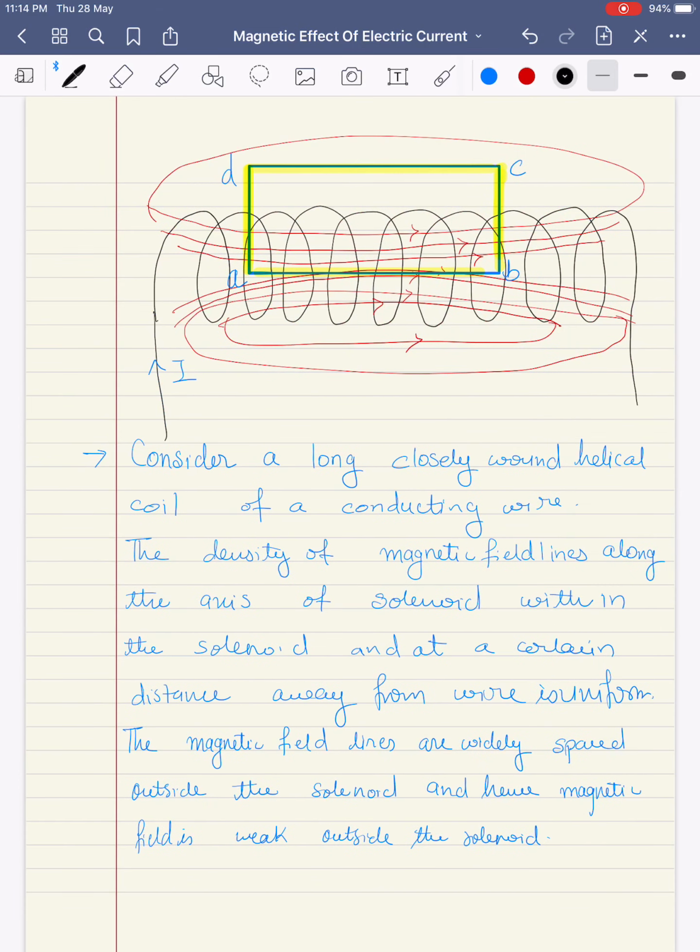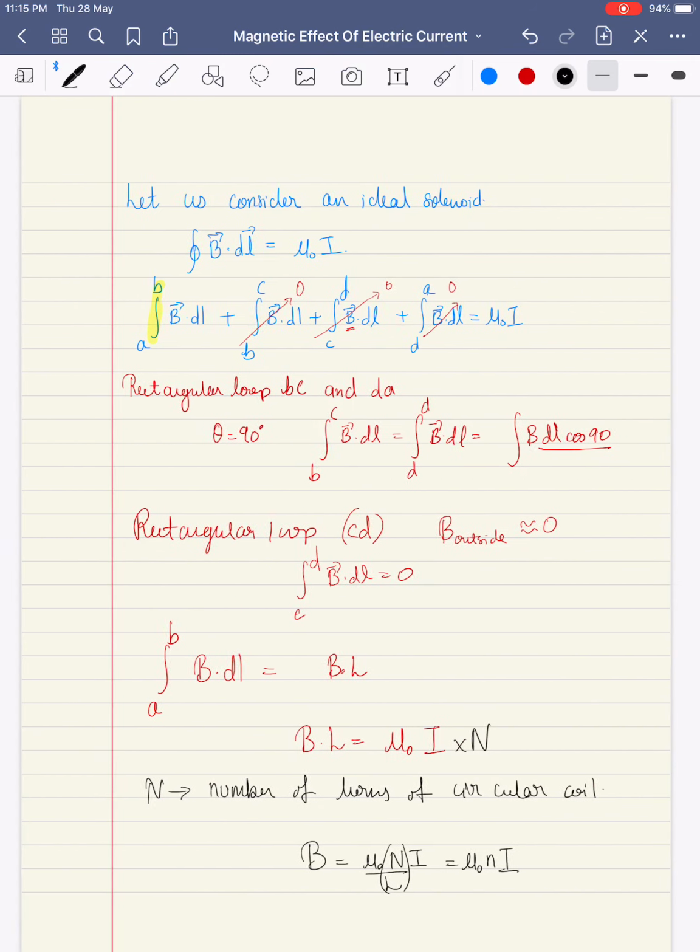Now if you check near the end, at the end section, that is at the ends of the solenoid, if you look over here, the magnetic field density is decreasing. So when I say the magnetic field at the ends of the solenoid, it won't remain the same. Magnetic field at the ends of the solenoid, generally in practice what we consider is it is half. Okay, पहले ये देख लो,